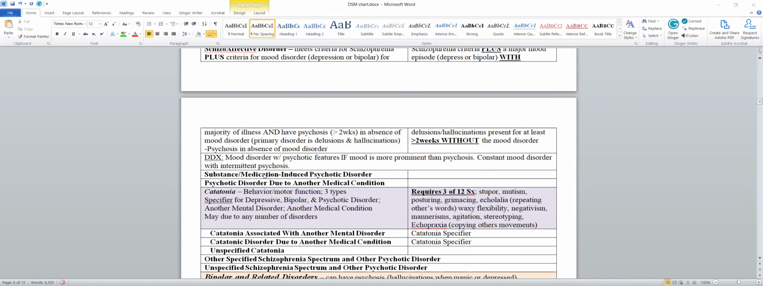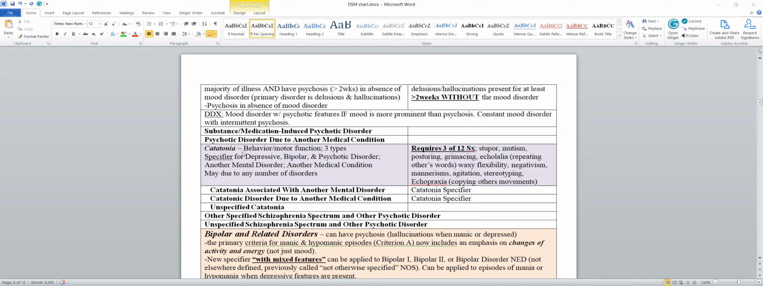The next subcategories are substance/medication-induced psychotic disorder, psychotic disorder due to another medical condition, and catatonia, which also has subcategories. So catatonia,